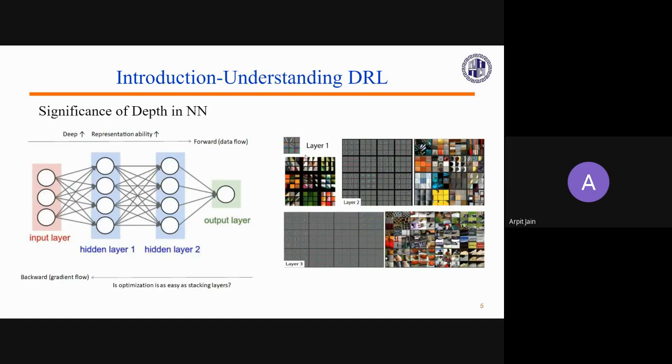So in this slide, we are basically explaining how deep neural networks work. As we increase the number of layers, we increase the number of features to be recognized. So hypothetically, we should have achieved more accurate results. But later on in their analysis, they found out that this was not happening.